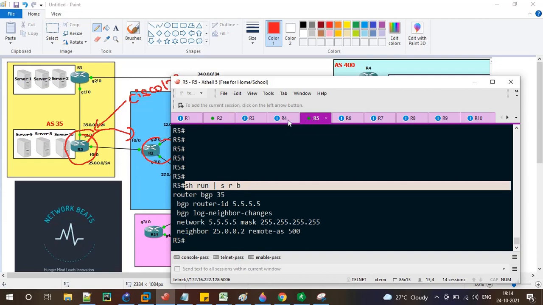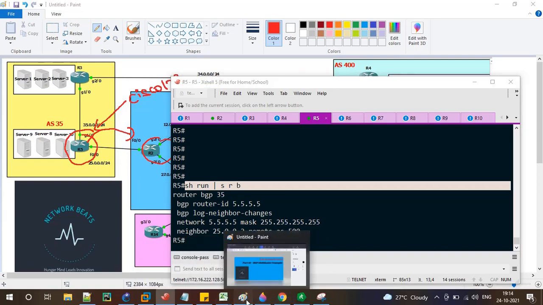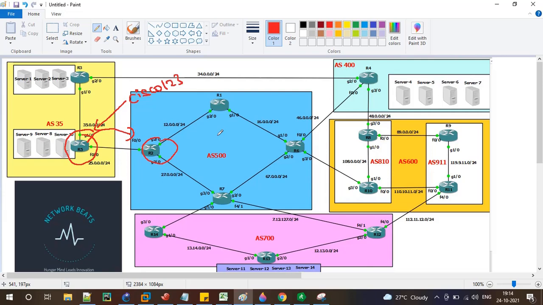The config is very simple, and BGP uses MD5, Message Digest 5, for authentication, because we have two options: one is clear text, and the other is MD5.